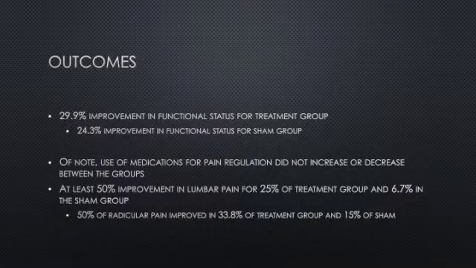Following are the most notable outcomes from the actual study, and interestingly, the rest of the outcomes either had no benefit or actually added pain to the treatment group. Now, while 30% improvement in functional status looks pretty good for the treatment group versus the sham group, when you look at the sham improvement, it's actually at 25. So it kind of leads you to believe that maybe the patients having the machine on them alone actually led